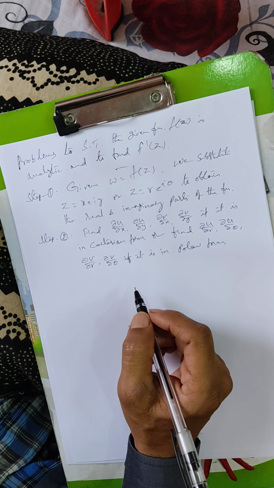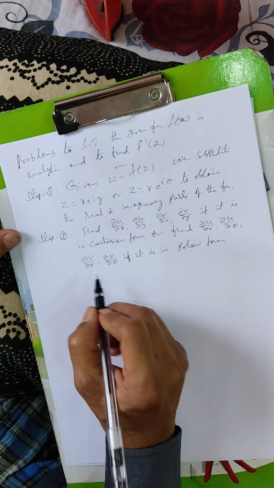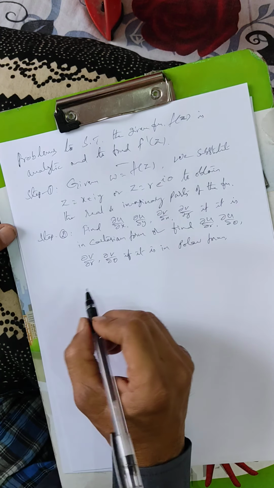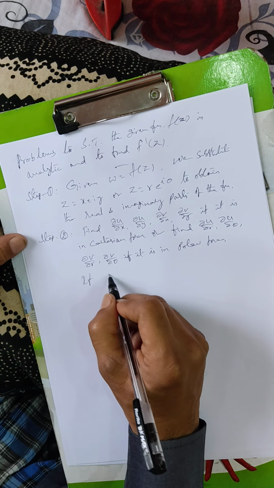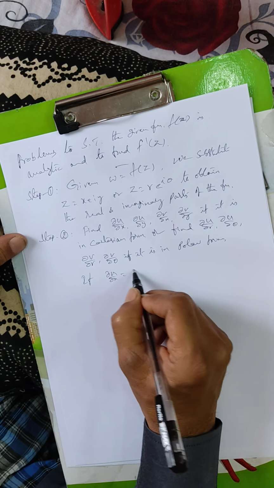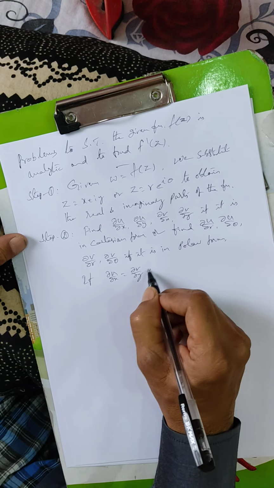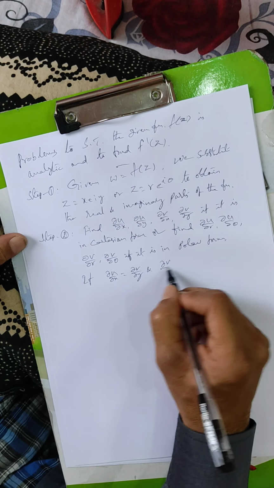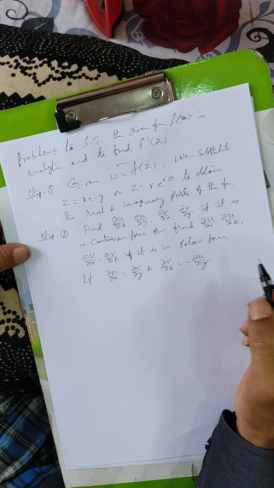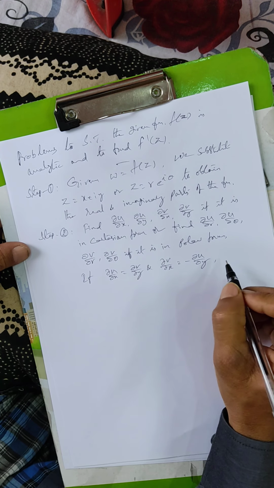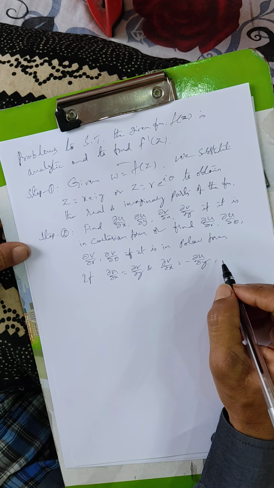After getting the partial derivatives, if the CR equations are satisfied, then write: if ∂u/∂x equals ∂v/∂y and ∂v/∂x equals minus ∂u/∂y, that is the CR equations in Cartesian form,